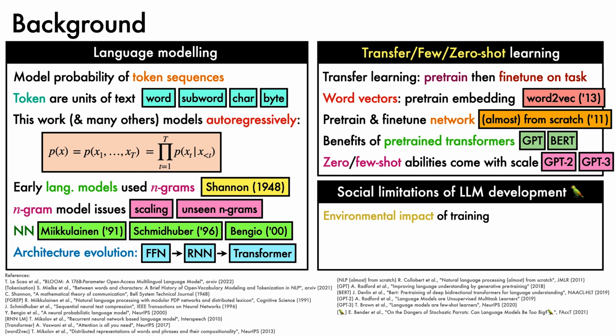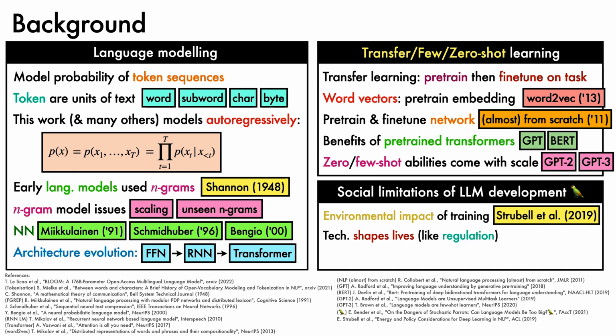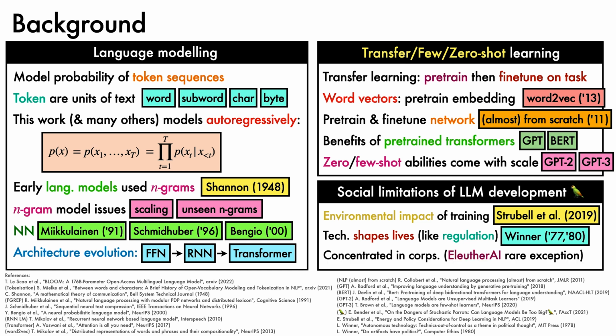These include the environmental impact of training, an issue highlighted by Strubell et al., among others. Another consideration is that the design choices of pervasive technologies shape the lives of people in a manner that is akin to regulation, but without equivalent consultation, a theme considered by Winner in his influential works studying the political aspects of technological process. In light of this, it's particularly noteworthy that development of large language models has been concentrated in